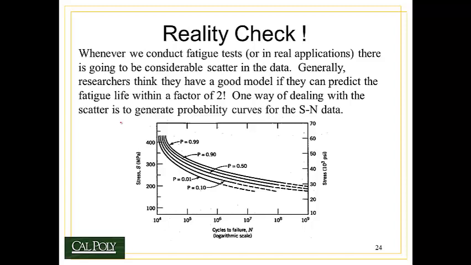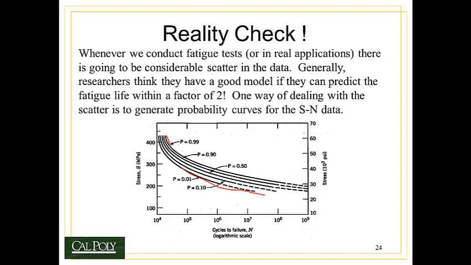We also have to be really careful when we use SN curves like this. It turns out that fatigue is very, very difficult to predict. There's a huge amount of scatter in the data. If you've ever done fatigue testing, you can be assured that you know this fact. So when we plot SN curves, it's often a good idea to plot what are called probability SN curves, or multiple lines which represent the probability that a part will fail. The lowest SN curve on this plot has a probability of 0.01. That means that 1% of the samples will fail when they reach that curve.